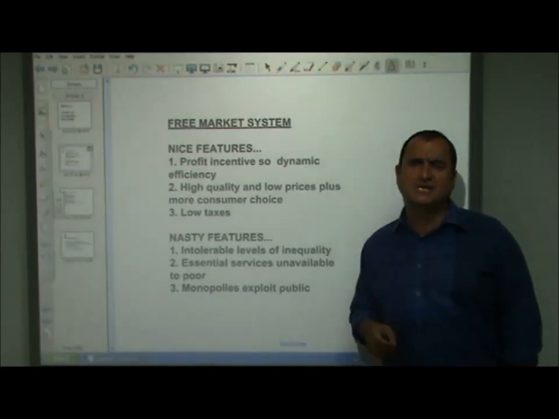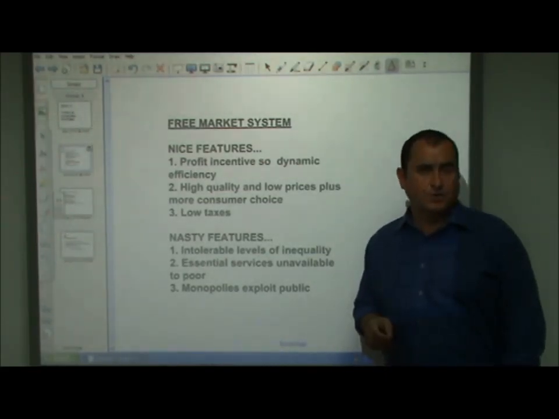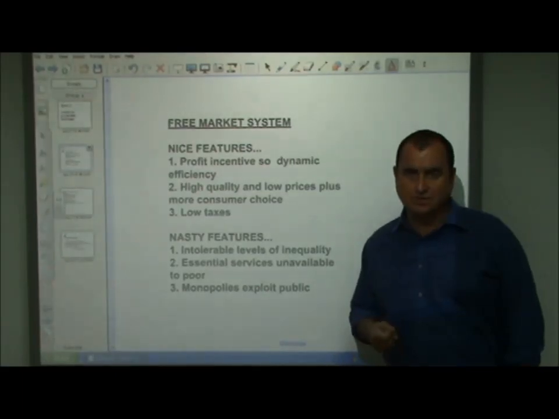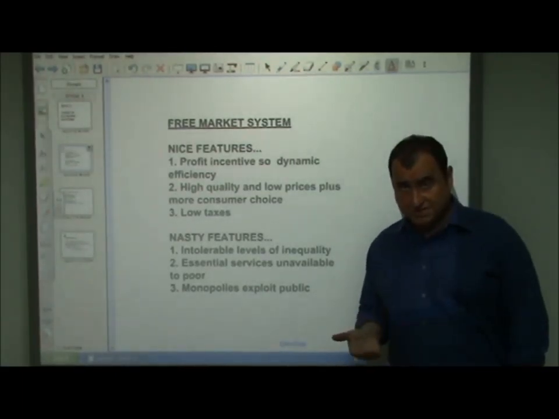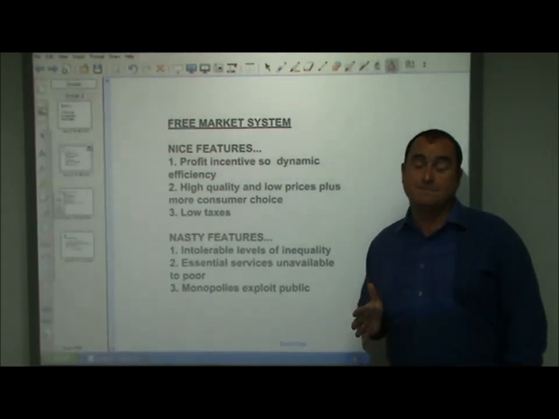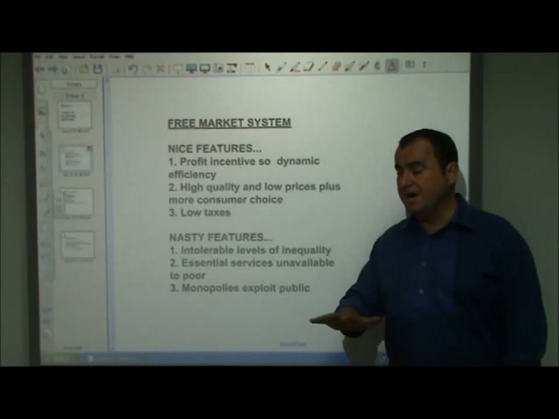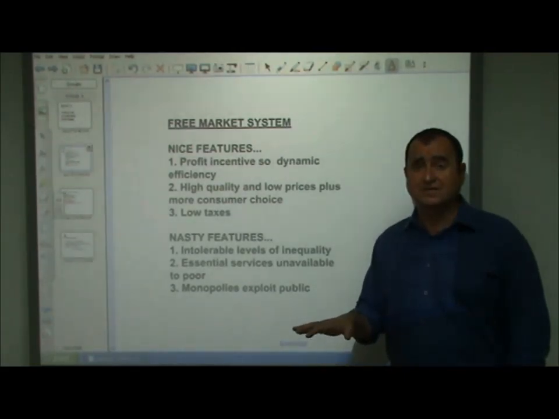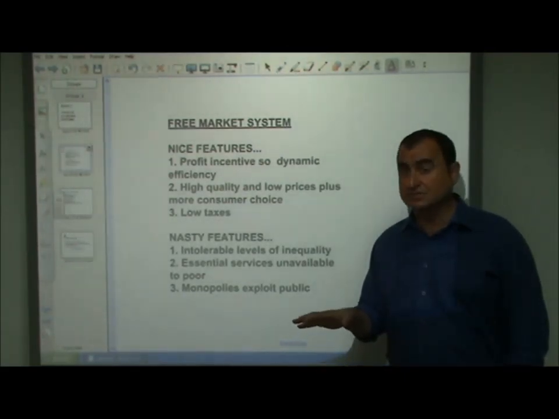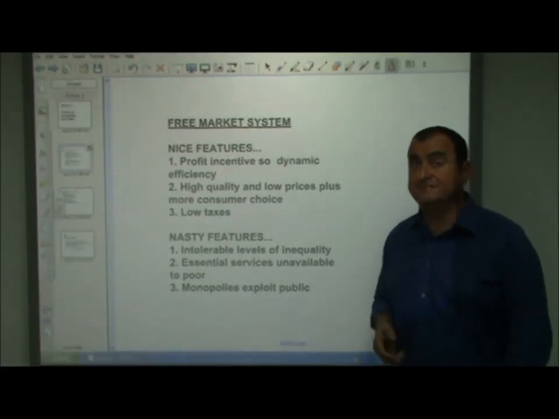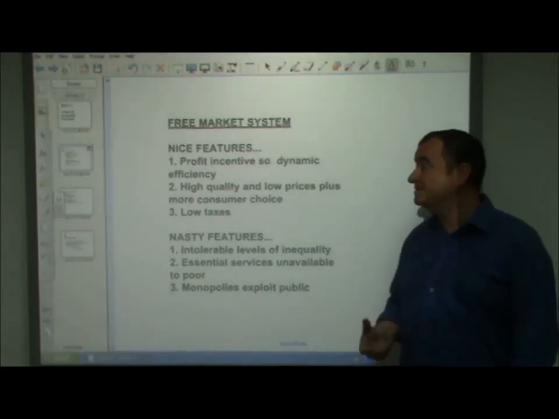But how far should the state involvement go? Of course, the ultimate is communist states where the ruling Communist Party have had complete and utter control over the allocation of all resources. Nothing is decided by the market mechanism. Everything is planned as the party commands what will be produced and how limited resources should be used. And that is called a command economy. And let's look at some of the features of a command or planned economy.